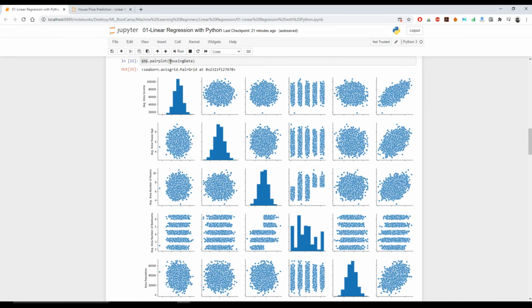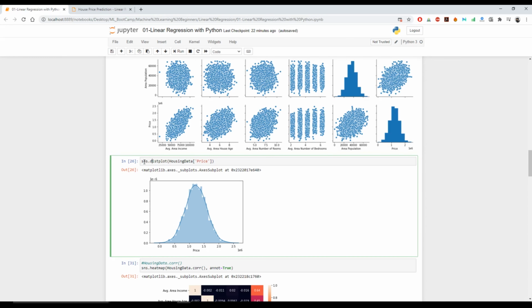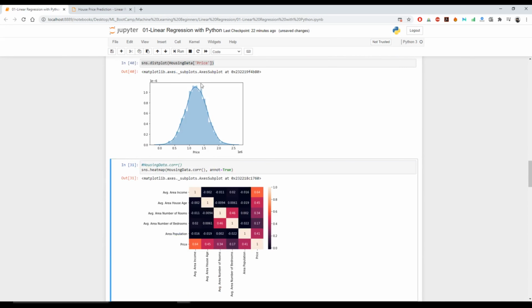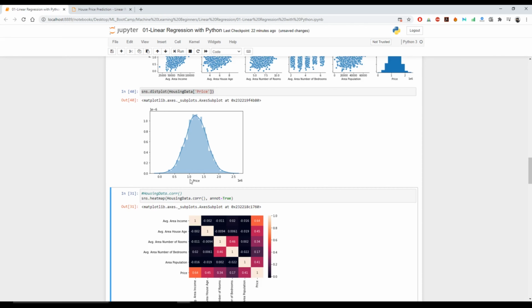Then we're going to get this pair grid for this plot. Once that is done, we're going to plot the pricing of it. Then we're going to go ahead and check the pricing of it. So to check the price, once we do analysis on the price we are about to predict, we're going to see the average price of the houses lies between